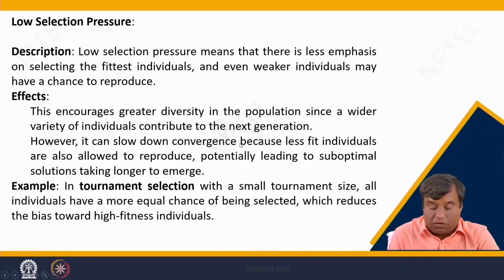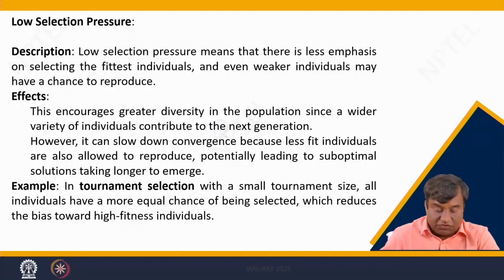However, it can slow down convergence because less fit individuals are also allowed to reproduce, potentially leading to suboptimal solutions taking longer to emerge. Example, in tournament selection with small tournament size, all individuals have a more equal chance of being selected, which reduces a bias towards